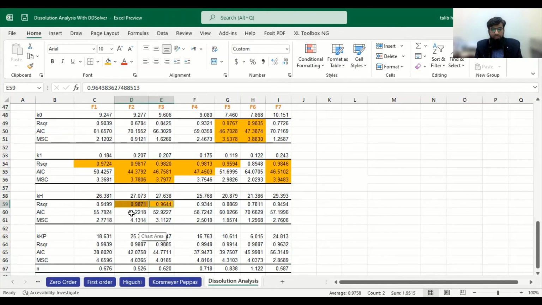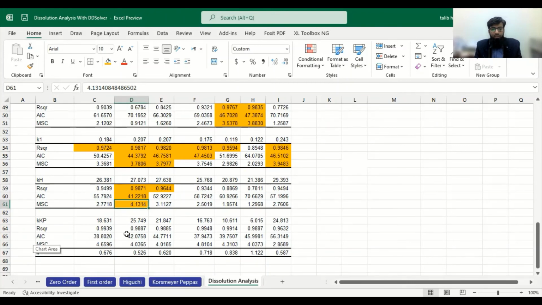For AIC, we can see the F2 formulation has a value lesser than 50, and none of the other formulations has a value lesser than 50. So this can be selected for the Higuchi model dependency. For MSC, similarly the F2 formulation has an MSC value greater than 4, and no other formulation has a value greater than 3.5. So this can be selected for model selection.